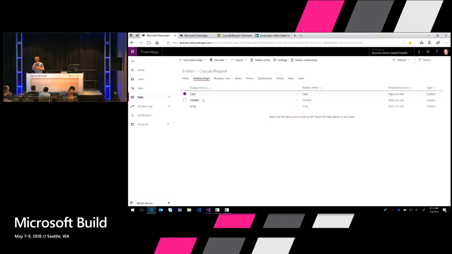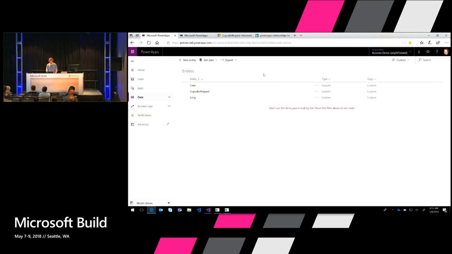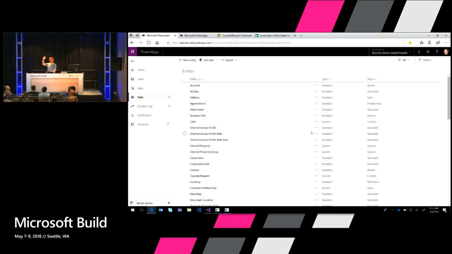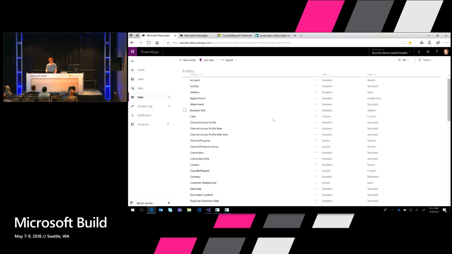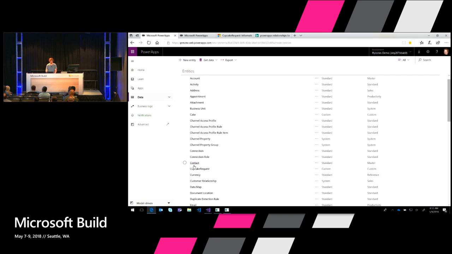And so what I did is I went in and modified the contact entity to include a rollup, which is number of cupcakes requested. I'll go to my entities list. Now you'll notice contact isn't showing up here. The reason is because I have filtered my view to only show the custom entities that I have created. If I set this to all, you now see all the bajillion different entities contained within the CDS solution. And so if I go to contact,